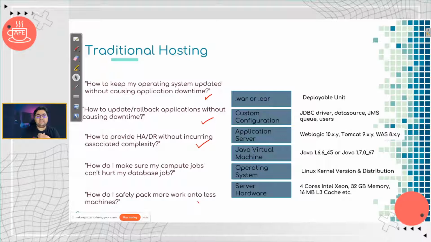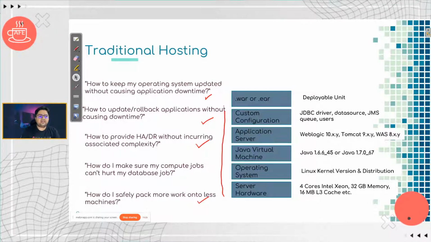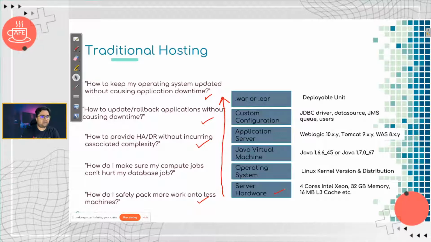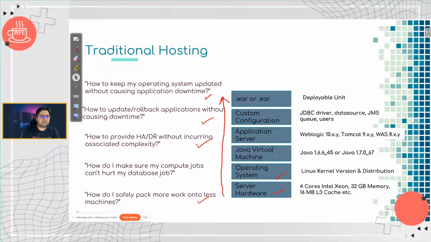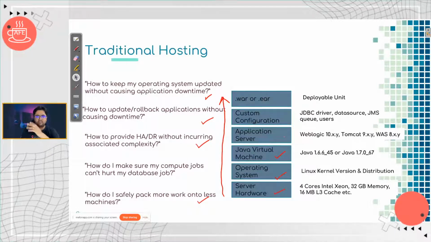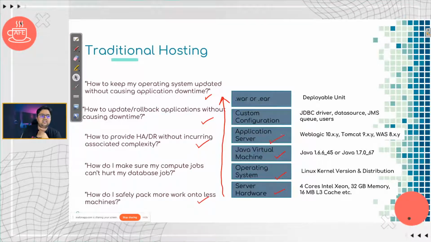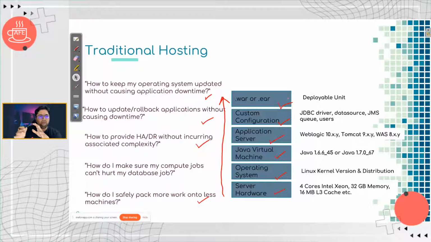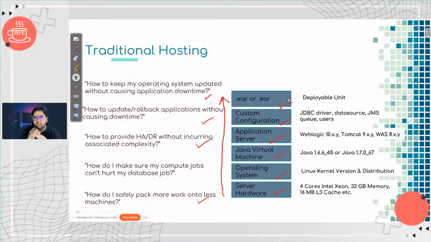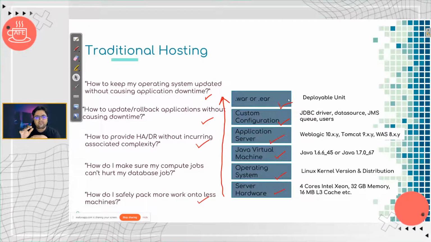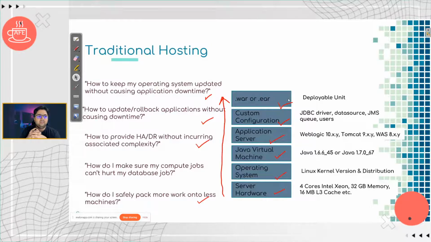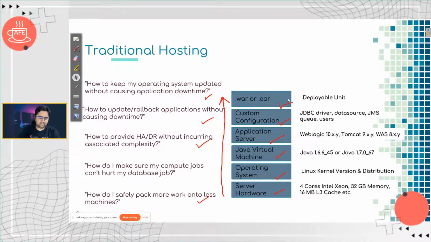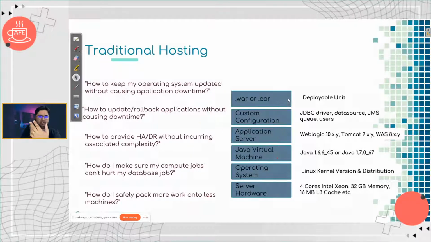The way traditional hardware works is bottoms up. So there's the server hardware, there's an OS, there's some sort of a virtual machine. People from the Java world would correlate: there's an app server, and then there's some configuration in an EAR or WAR file, whatever is the deployable unit. Now this makes it extremely difficult, just because there are so many units, and every time you deploy, you've got to stack things up. So this is how we started with traditional.